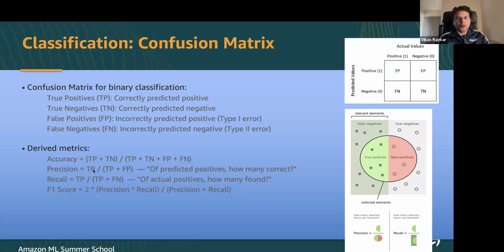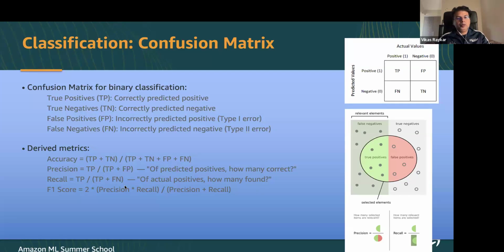The other two metrics are precision and recall. Precision is true positives divided by true positives plus false positives. That is, of all the predicted positives, which is TP plus FP, how many are correct? So how precise you are. Recall is TP by TP plus FN, where of all the actual positives, how many were you able to correctly predict. So both precision and recall, the numerator is your true positives, how many of them are actually predicted, but the denominator differs. Denominator of precision is your predicted positives, whereas the denominator for recall is